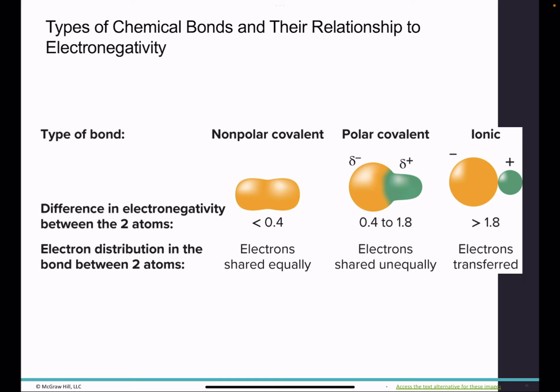So if we think of these in terms of electronegativity, our nonpolar covalent, our polar covalent, and our ions all have different levels of electronegativity. Remember that our nonpolar covalent bonds are between two atoms that have essentially similar electronegativity, which means that electrons are going to be found evenly distributed across two atoms. There's going to be no charge